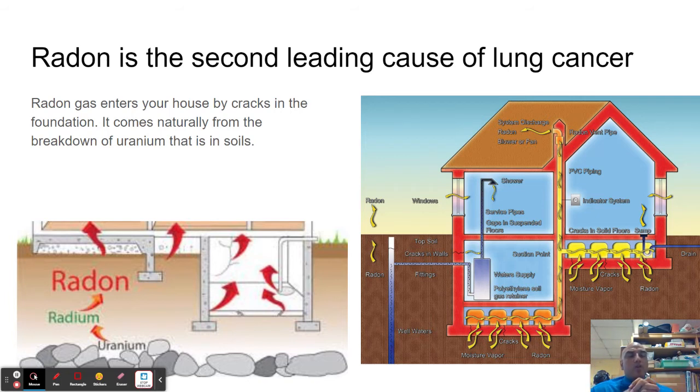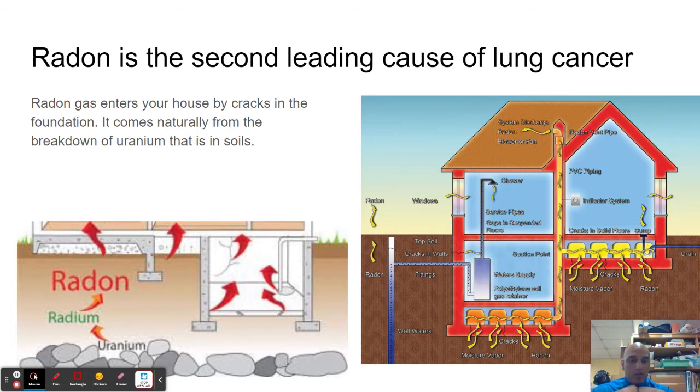So radon is a gas that is made from the decomposition of uranium. But uranium, yes, uranium is in our soil. When I say our soil, it's as close as New Jersey. Because I know I went to a friend's house and I saw this weird thing in their basement. I'm just like, what is that weird thing? It looked like a chimney, but it wasn't attached to a fireplace. It was just attached to a tube coming from the ground that led all the way up outside their house. Anyhow, let's get to it.